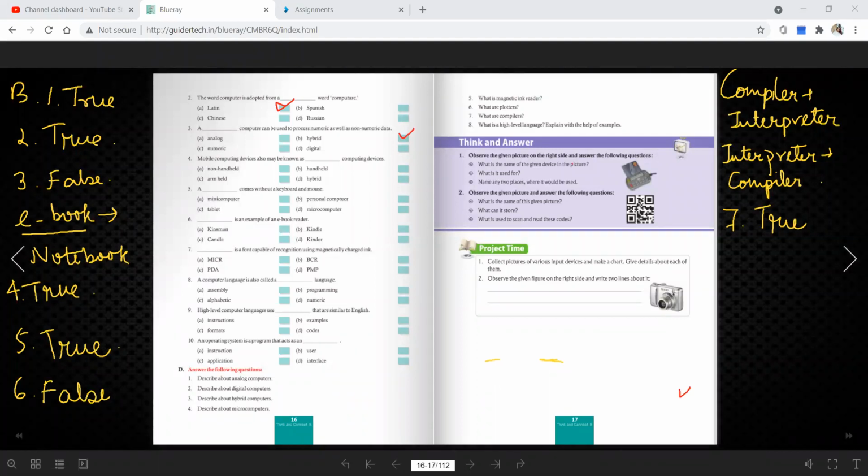After that, B. After that, Kindle. After that, MICR. After that, question number 8 will be B. Question number 9 will be C. And 10 will be D.